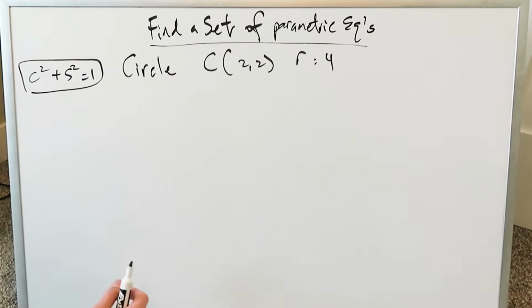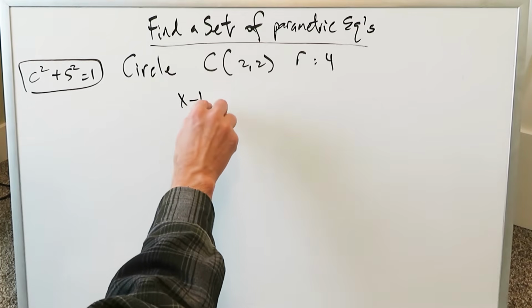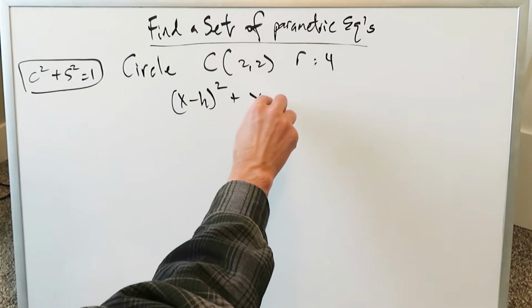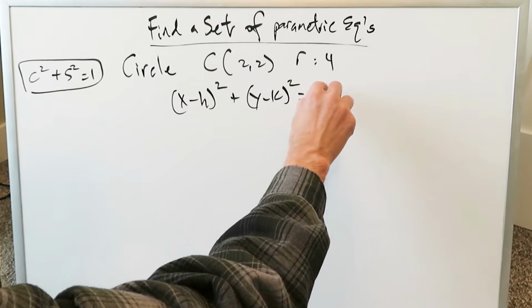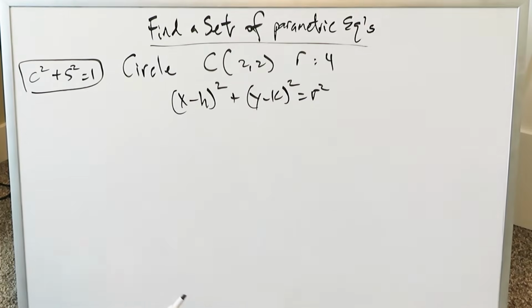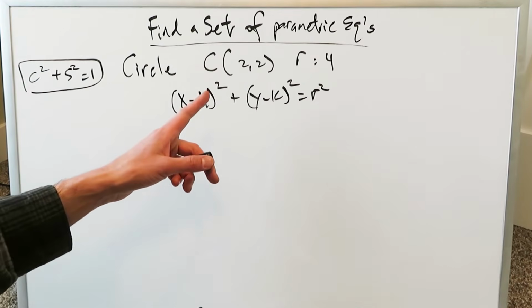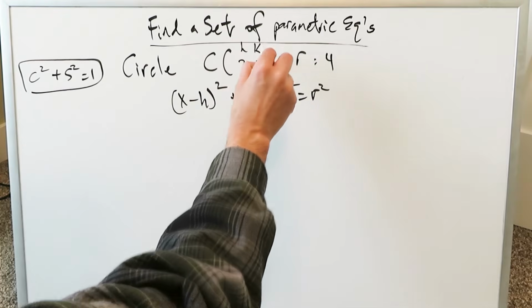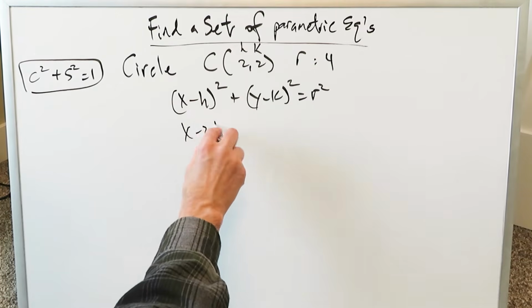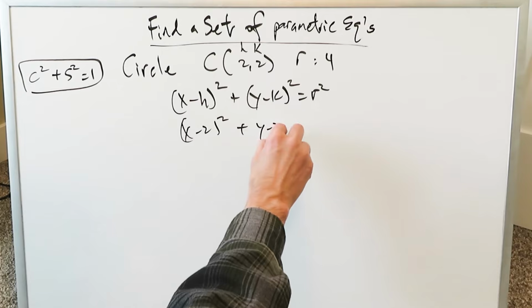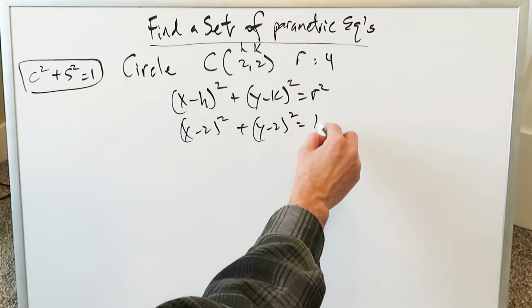When you're given a description, your first goal is to demonstrate a rectangular equation. You know, for a circle, you're always looking at it in terms of this, and this right here is what will enable you to develop that rectangular equation. We have the center, the x and y component, or the h and k, and you just plug them in. You have (x minus 2) whole square plus (y minus 2) whole square is equal to 4 square, which is